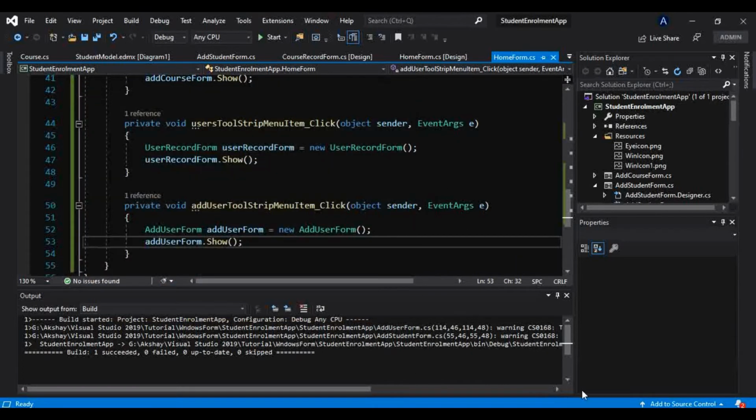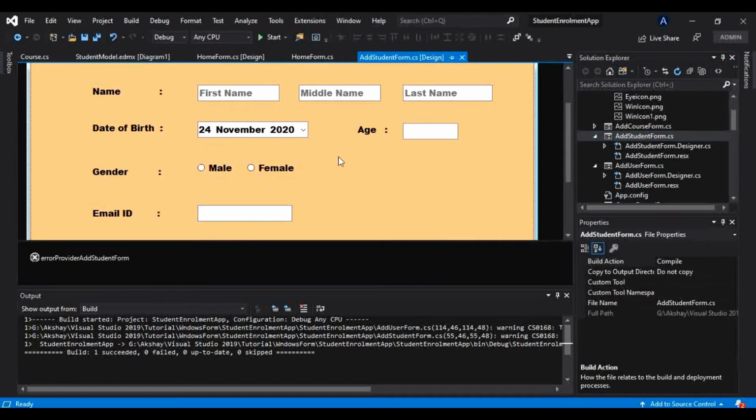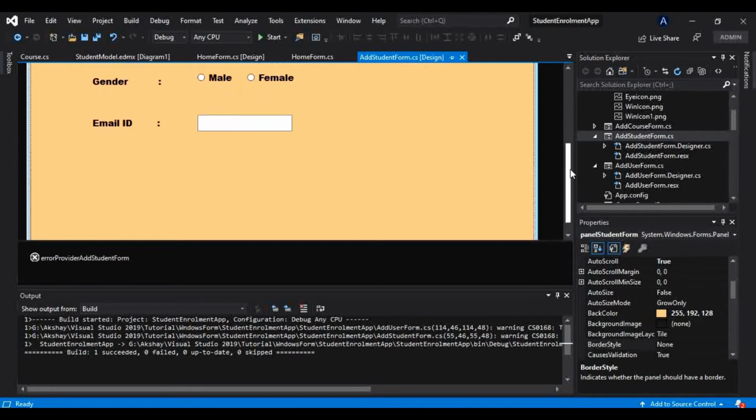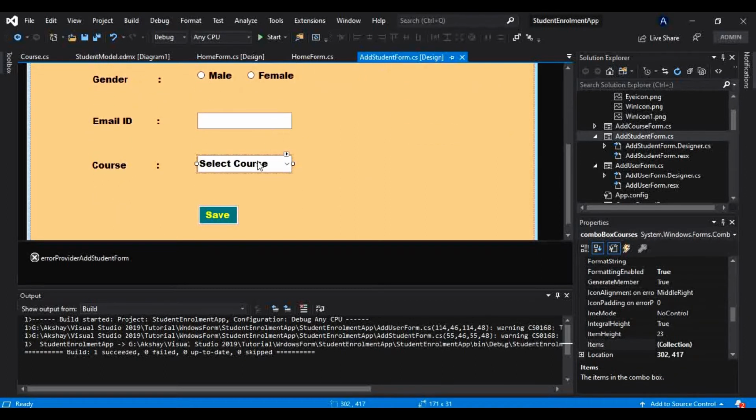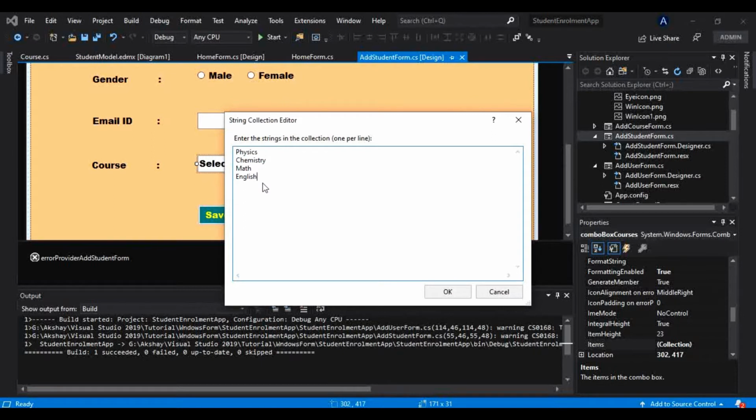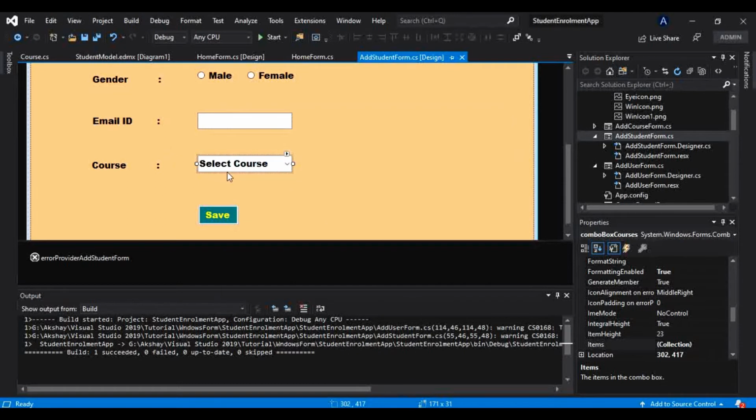And now why I am adding these courses here: if you recollect, I have told you what we will do this time. Instead of manually adding these courses on this student form, where we right-clicked on this combo course, went to edit item, and added the courses from there, this time we will automatically fetch these records from the database. In the future, if we add one new course into the database, that option will automatically be available in this drop down as well, so that we can choose that course for the new student.